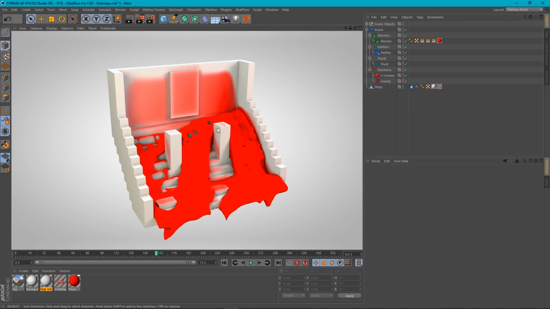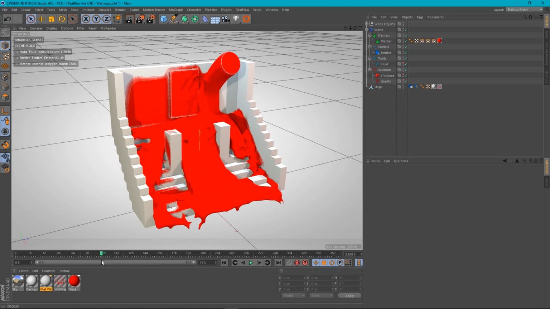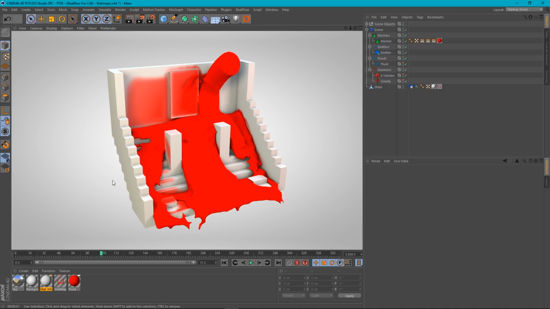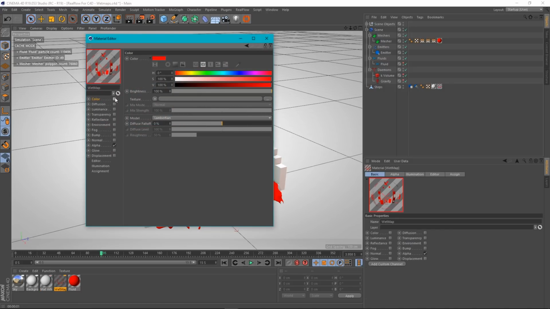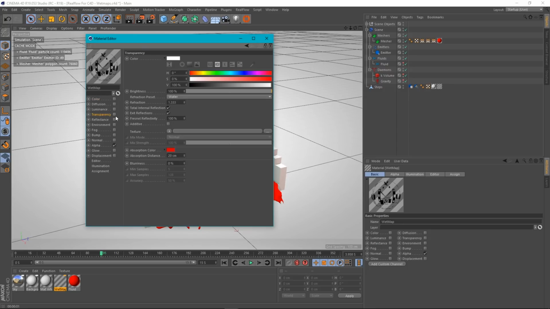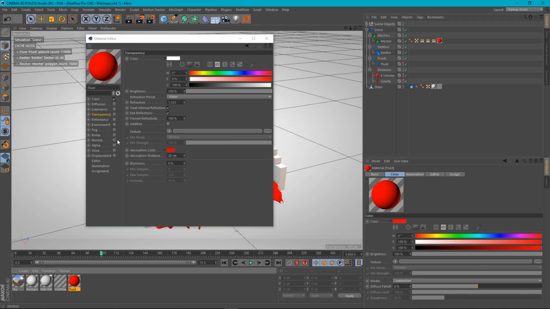Well, we've got our Wetmap and we've got our fluid. It's all good, right? Okay, great. So we can go back into our Wetmap now, and we can turn off the color and turn back on the transparency. And this has got all our absorption settings and stuff in there. Water, we've got this red. It's all good. And we can do the same thing for our